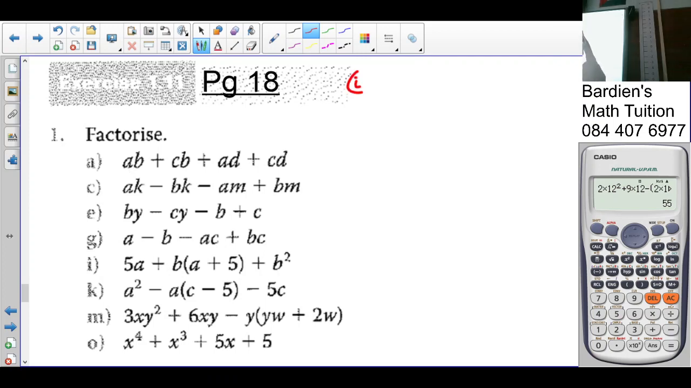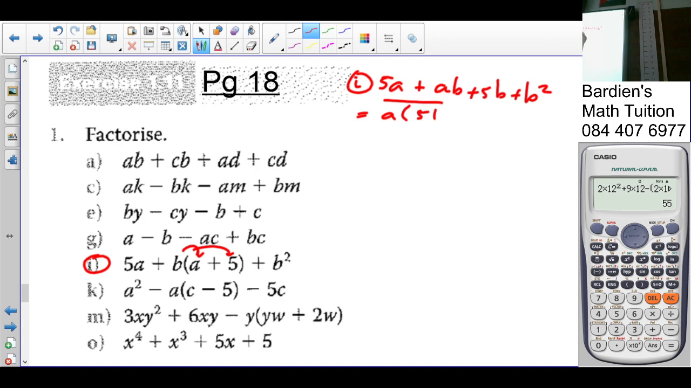Let's do I now. So in I, we'll multiply that out first. Not so. So it's going to be 5a plus ab plus 5b plus b squared. So what is common in the first two terms? A. We left with 5 plus b. And here, b. 5 plus b. What is now common? I'm left with